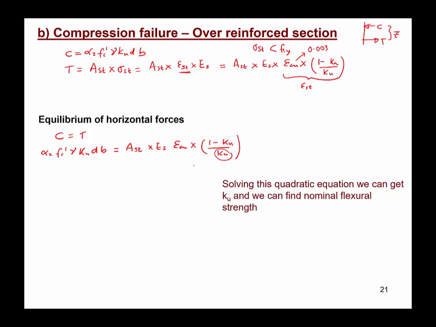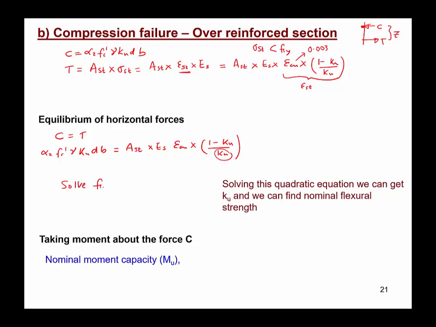So once ku is known, we can find the ultimate moment capacity by taking moment about point C as we did before. So once we know ku by solving the quadratic equation, the ultimate moment capacity for this over-reinforced beam, or in the compression failure mode, is